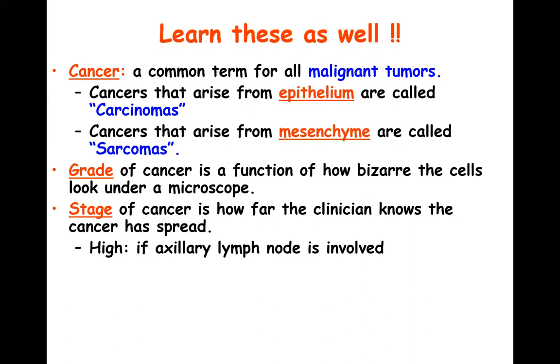Now, stage of the cancer, this is what you do as the clinician. So grading is done by the pathologist. The staging is going to be done by you. Part of the staging is the pathologic diagnosis. So how do you do staging? Staging is done when you do an X-ray of the chest to see if there are any mets to the chest. When you do, for example, a CT, a CAT scan, of the body to see if there are any distant mets of the tumor. When you do a bone marrow biopsy, to see if the tumor is in the bone marrow or not. All of those are